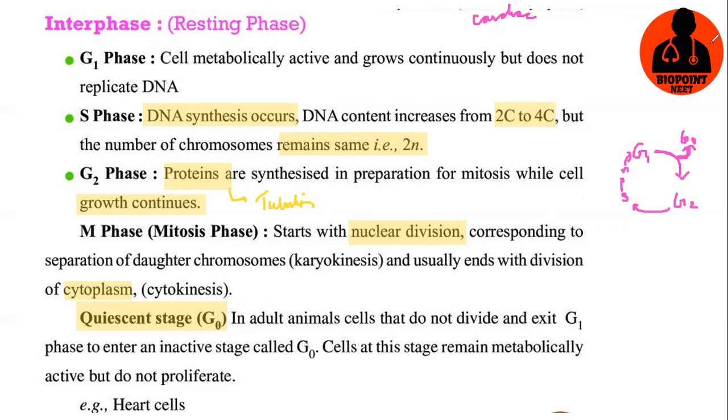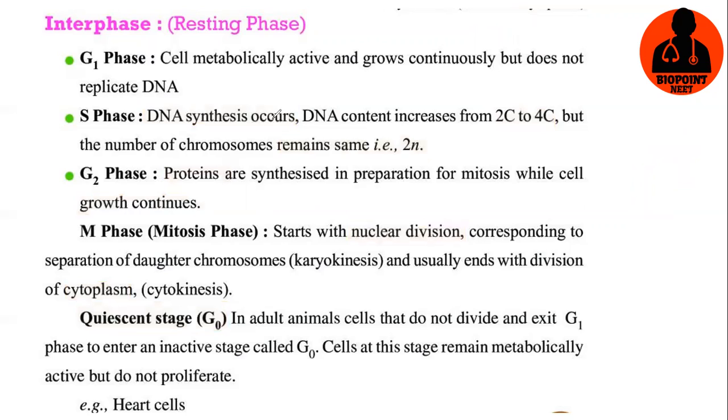If it proves that the cell is capable of undergoing division, it is brought back to G1 phase and finally moves on to the next phase. Like that, there are certain checkpoints too, in order to check whether the cell is perfectly ready for undergoing cell division. So first is the G1/S transition checkpoint.